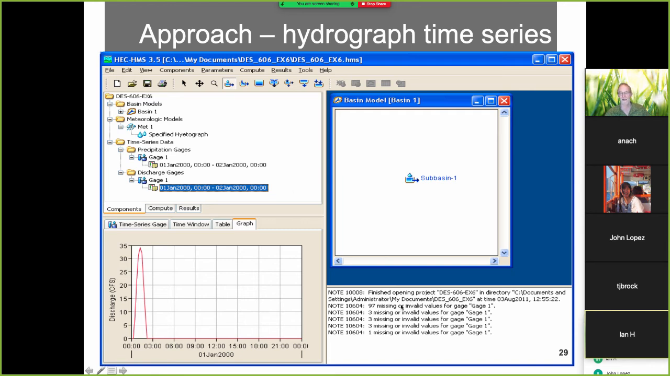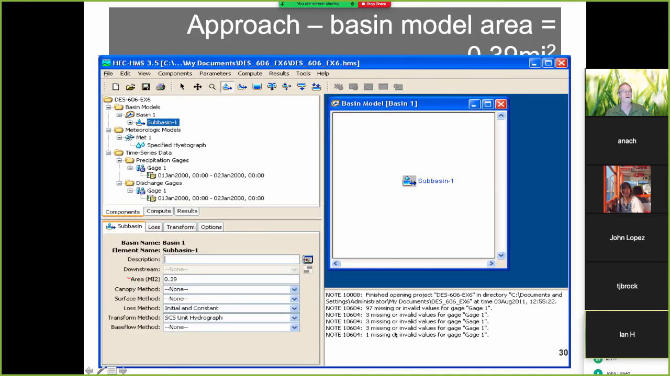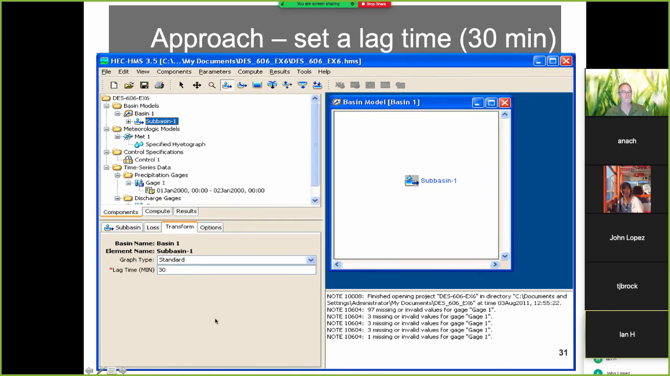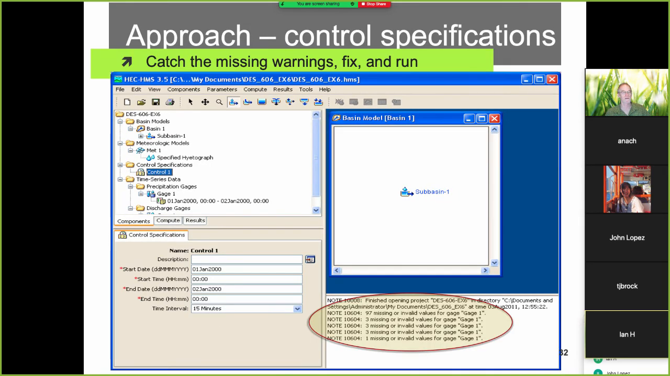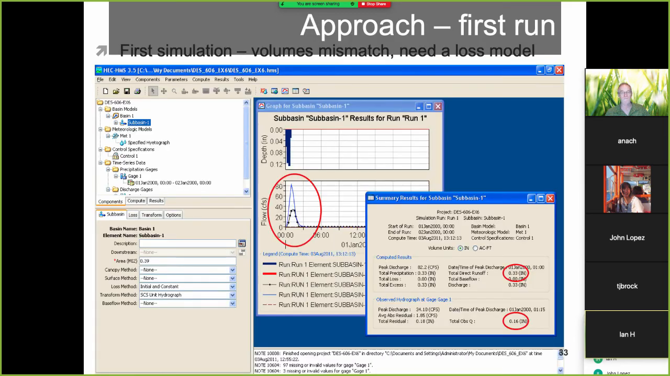But notice it has a lot of error messages because we have a lot of zeros, and it's to our benefit to go and repair those. Then we go to the sub-basin. We're going to give it an initial and constant loss and an SCS unit hydrograph, with a lag time of 30 minutes. And now we're going to go ahead and try to deal with the missing data. So we've now repaired that